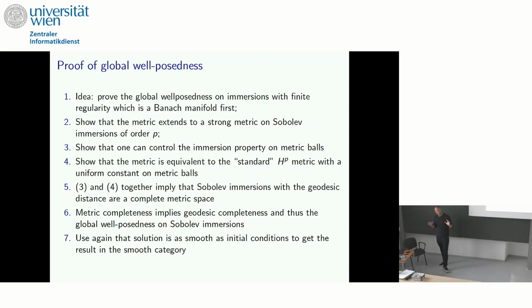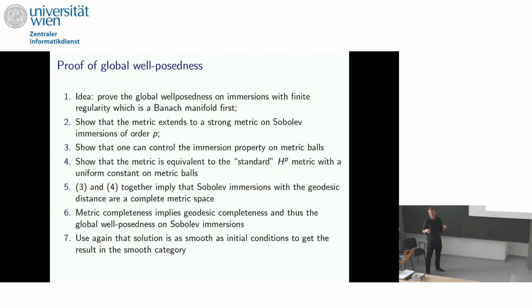I like the proof of metric completeness and completeness. So I again want to spend 2 of my remaining 10 minutes on this. So how do we prove global well-posedness? The idea is, for all of these metrics where we know that the geodesic equation is globally existent, we could observe that you can always extend it to some Banach or Sobolev completion where it is in fact a strong Riemannian metric. So that's what we do.